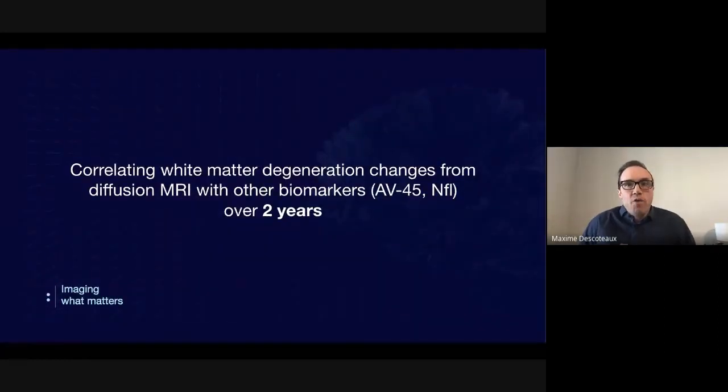And lastly, I wanted to show you some correlation with other markers in the ANI database that are non-MRI. One is PET-based, the AV45, and the other one is NFL, the neurofilament light chain. So again, over 2 years here, we're measuring changes. So delta changes and correlation between changes. That is, what are the changes in free water and axonal degeneration linked to changes in other markers available in